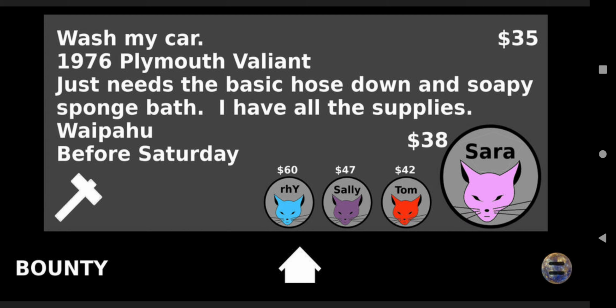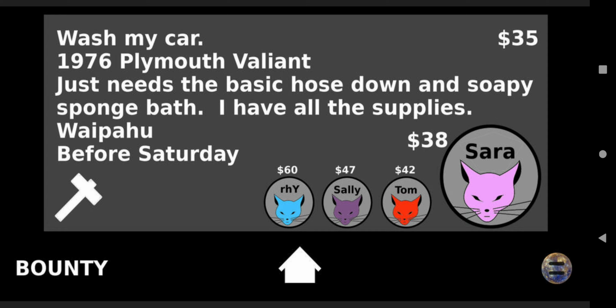And the bounty screen is going to show you where you can bid on this bounty. So if you click that number at the top right, you can put in how much you'd be willing to do this job for if you were looking at the screen as the bounty hunter. Now, if you're the one offering the bounty who needs the job done, you've got some other options in here. You can edit all the text of the bounty. You can also